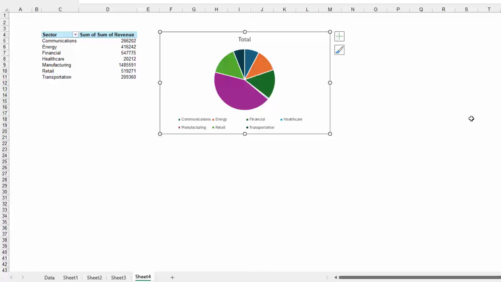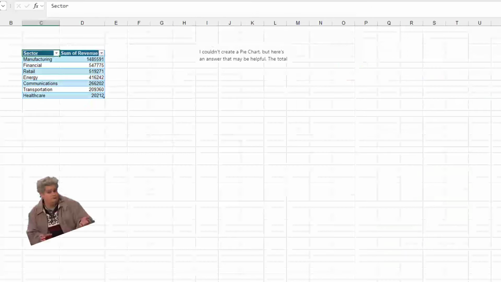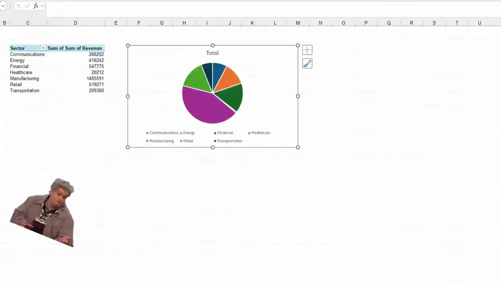All right, so look, this is pretty new, right? It's still technically in preview right now at the end of August 2024. It does a lot of amazing things. It can create some nice formulas. But this whole conversation here just kind of cracks me up. Like, the surliness of, hey, I can't work from this pivot table. Go back to your original data. And then it does actually work from the pivot table. And it does know how to create pie charts, even though it claims it doesn't know how to create pie charts.